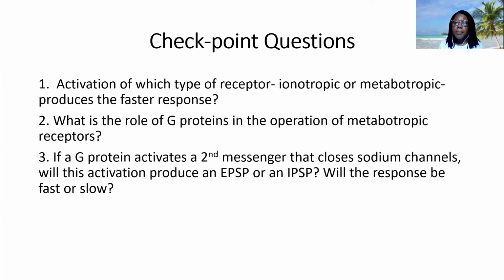So the ionotropic receptors, we said they're also acting as channels, and depending on what channel they are, what ion flux they're allowing, that is going to determine the type of graded potential. So having a fast response does not necessarily mean it's always an IPSP or EPSP. The type of channel that's opened or closed and whether or not it's opening or closing is what will determine the IPSP versus EPSP. Okay, I hope that's clear.